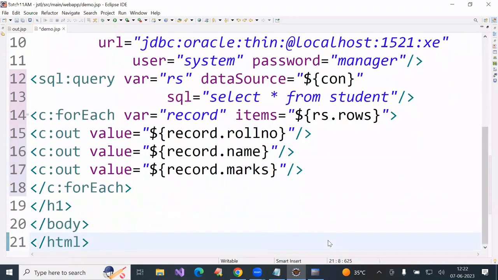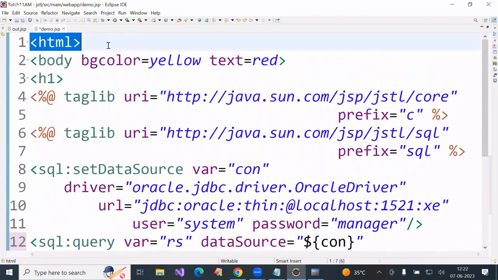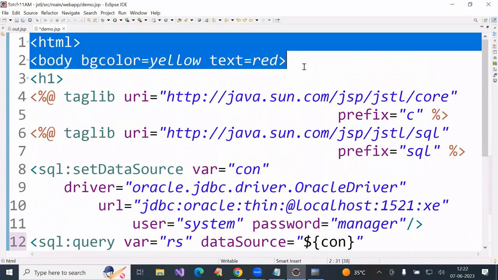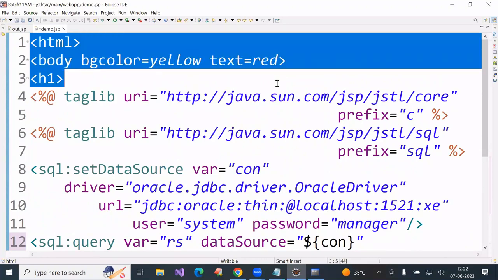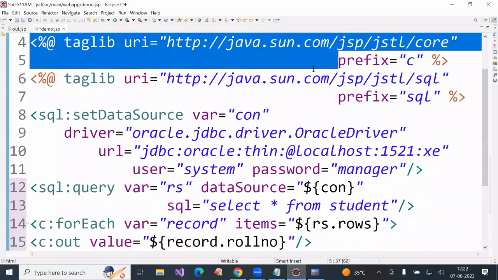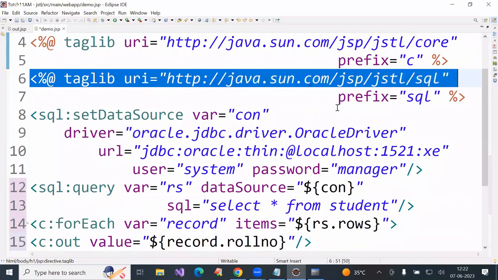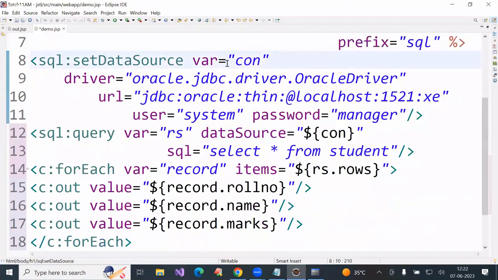Now you observe what I have given, just observe. It is HTML. Here background color yellow, text color red, level 1 heading. This is for core tags. This is for SQL tags. Here, the SQL tag